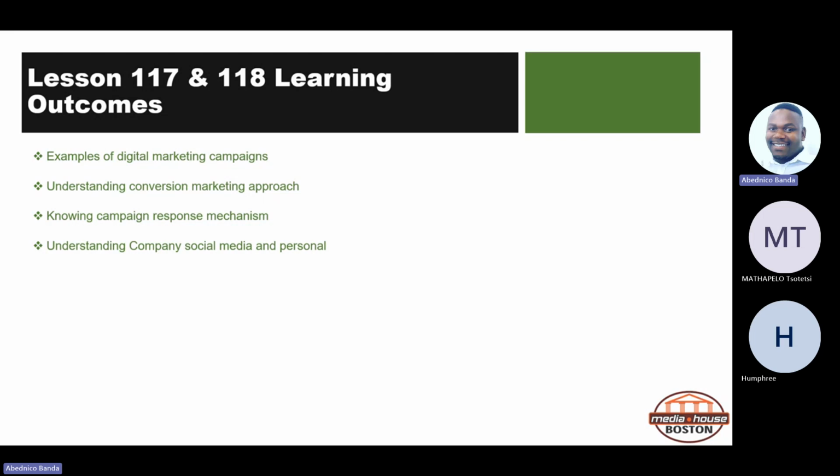But we always come across banners, especially on WhatsApp and social media, from people you know, people who have the potential to be well-known entrepreneurs. They will send you a good WhatsApp image in terms of a digital poster saying that I do catering, I do this, I do this. But when you look at that banner, there is no response mechanism. There is no email address. There is no phone number. So after people have seen that, how are you going to convert them if there's no response mechanism?